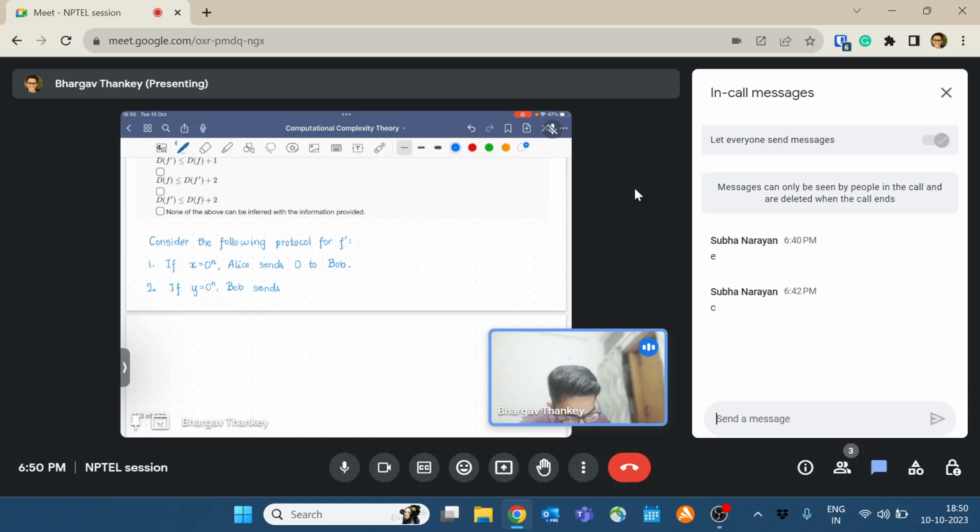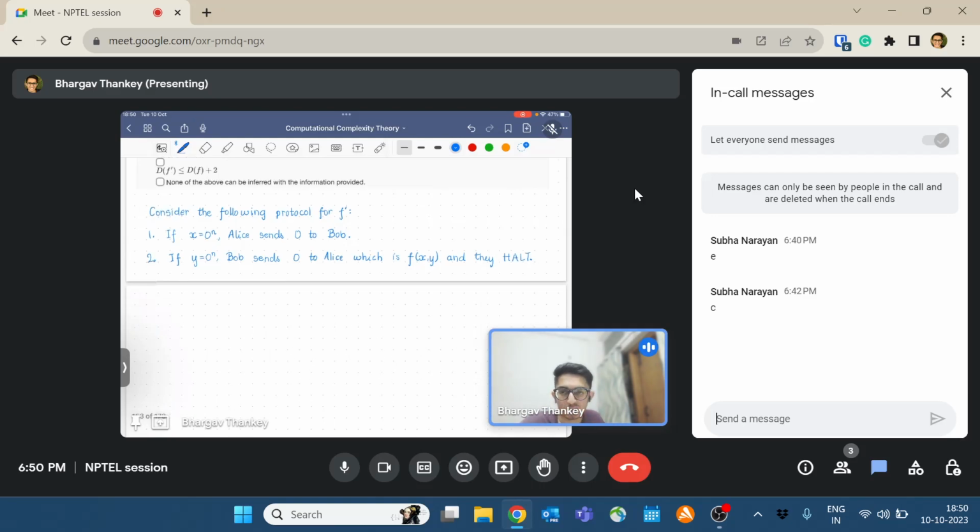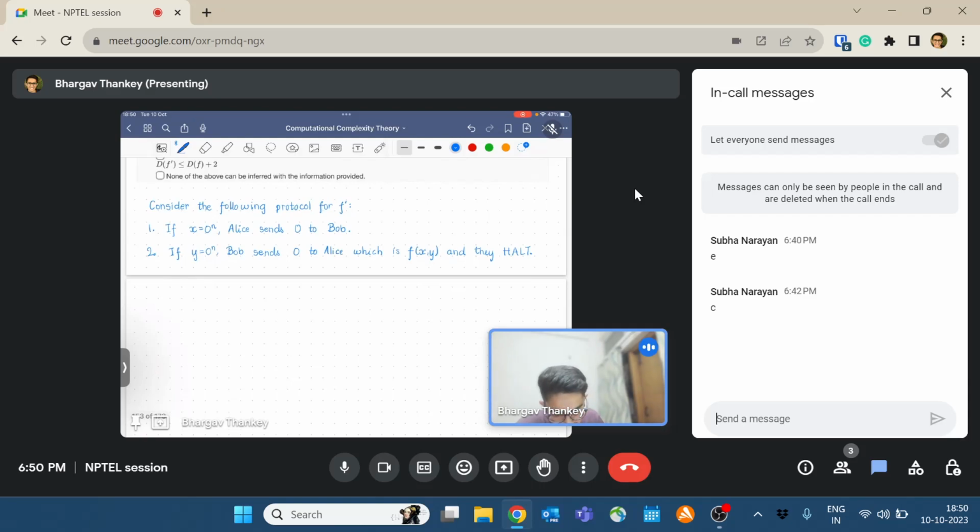So, Bob sends 0 to Alice, which is f of x comma y in this case, and they halt. Yeah, so if both x and y are 0^n, you just need 2 bits of communication. However, if this is not the case, then